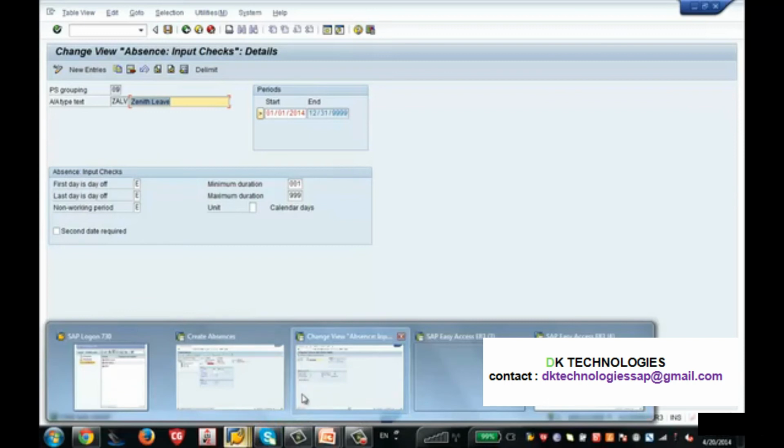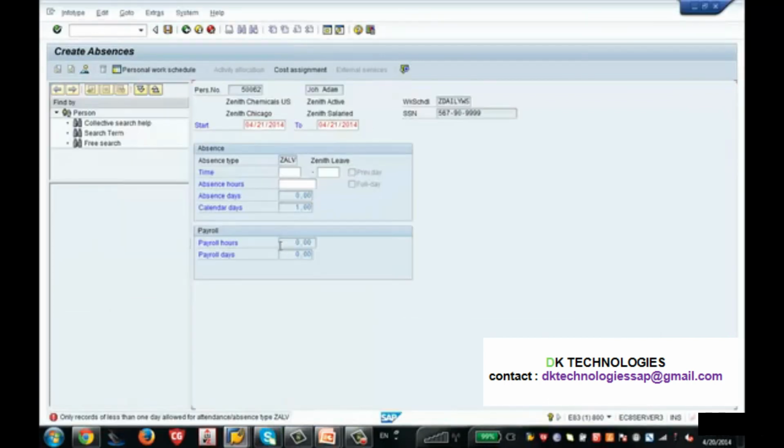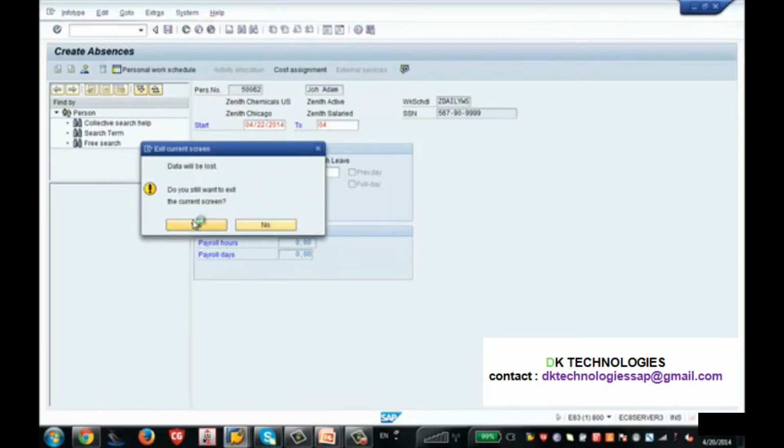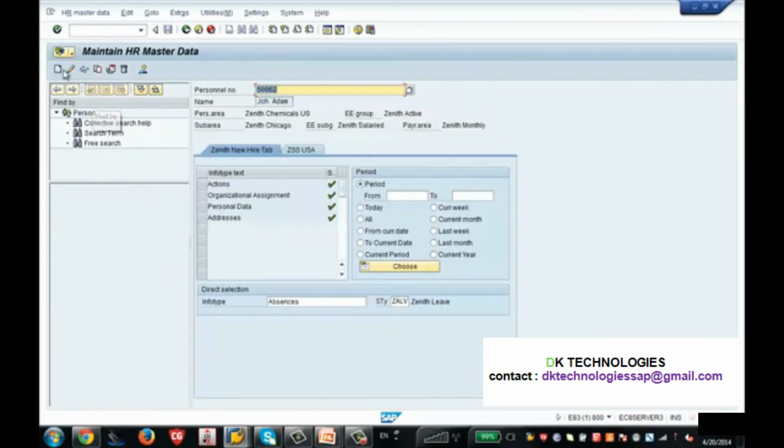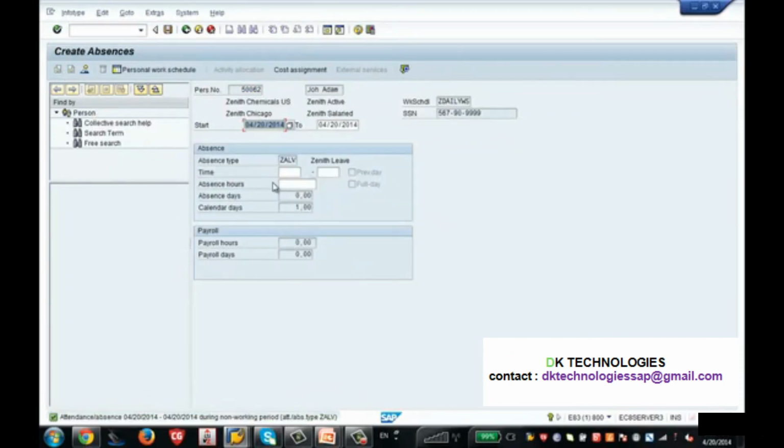Now I am going back to my screen here. I am pressing enter. Just a second. Let me go back to the screen here. See, now it allowed me.